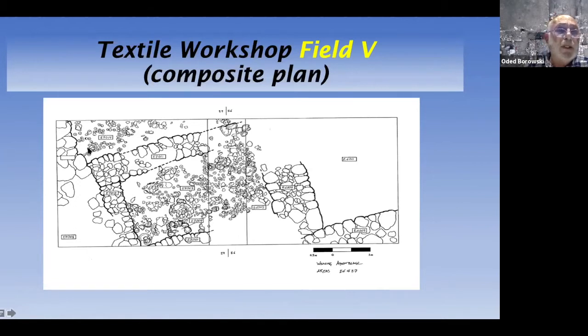And the reason is that we find a lot of the loom weights in rows, which means that the loom was standing when the building was destroyed. This particular workshop was recovered in 3 stages, 3 different field seasons. We first started with this area, then we worked on this area, and finally we removed this area that is known as the divider between the 2 squares. This area was taken down, and we finished uncovering the